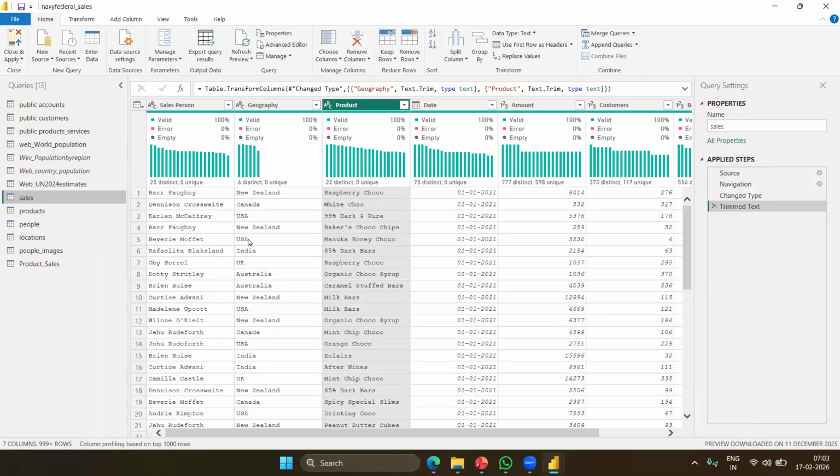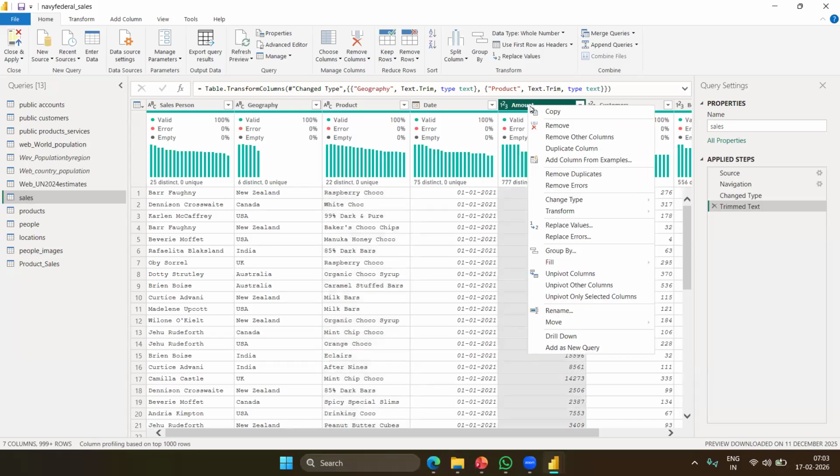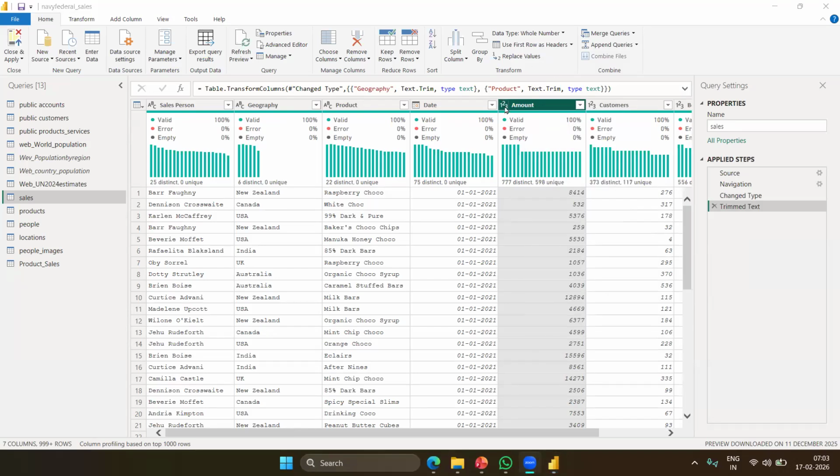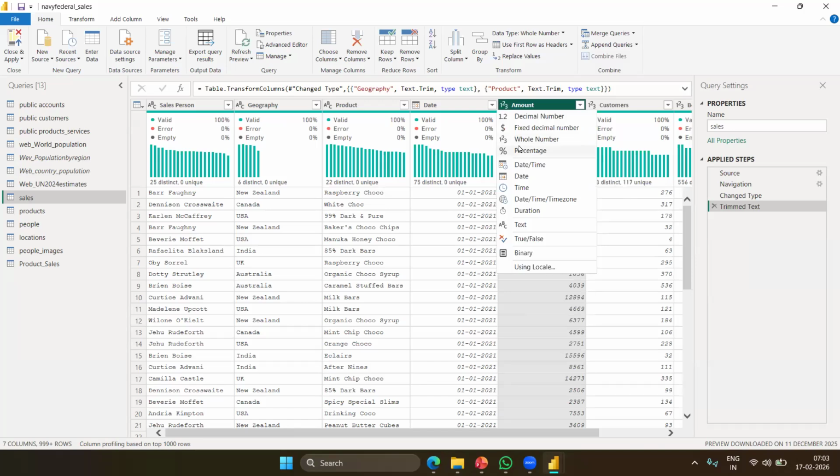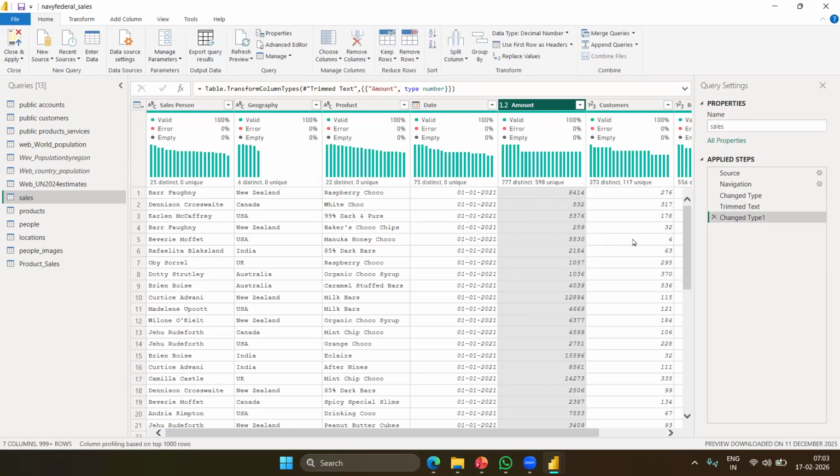Let me take another example. Instead of trim text, let me change the data type. Right click, here is the data type. Here it is 1, 2, 3. Click on it and choose decimal numbers. 1, 2, 3 means whole numbers, but now it's an amount, so I'm changing it to decimal numbers.